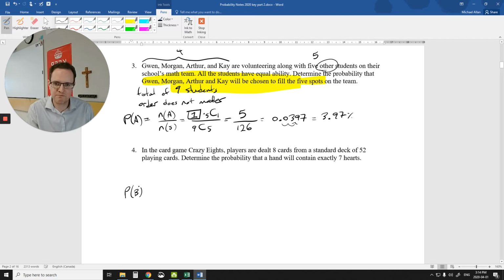So because that one's up there, so this one's A, let's call this one B. In this one here, we're playing a game of Crazy Eights. They dealt 8 cards from a standard deck. Determine the probability that the hand will consist of exactly 7 hearts. 7 hearts. Okay. So I want to know how many times does that actually happen, and how many possible hands